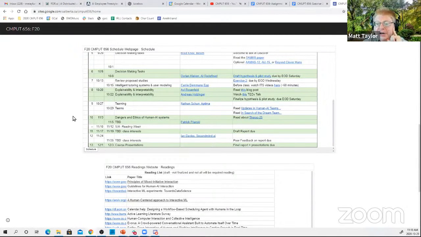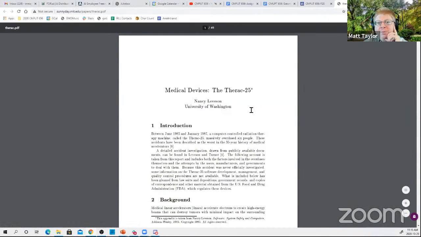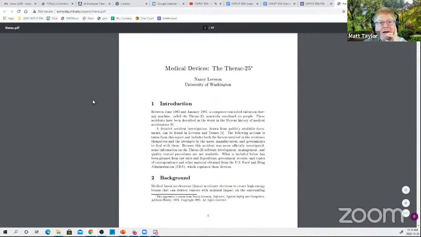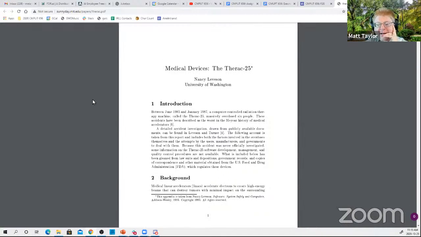And I also wanted to mention that next week, we're going to have one class about ethics and dangers. So I'm asking you to read about Therac-25. Hopefully you've heard of this before. This is kind of a tough paper. It's not that complex. It's not that long, but it's emotionally draining, I think, is a way to put it,